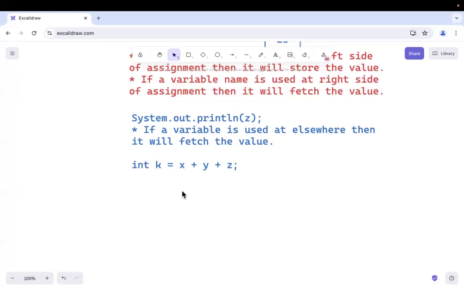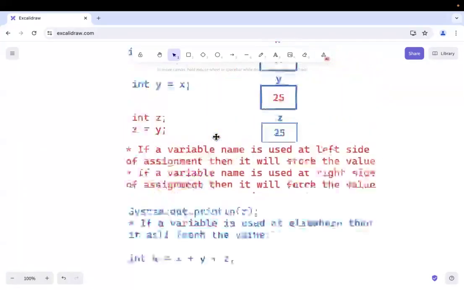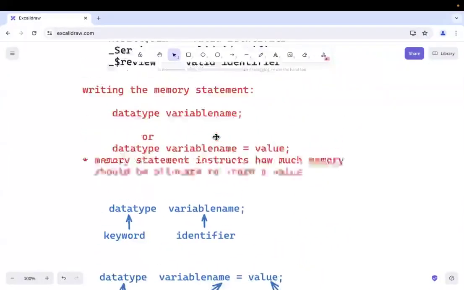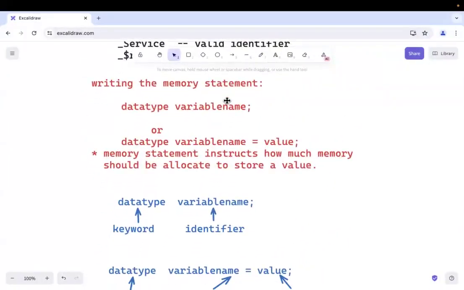So far, folks, is it understandable to all of you? So how do you write a memory statement in Java? By using data type and variable name. Data type is a keyword. Variable name is an identifier. What will this memory statement do? It will instruct how much memory should be allocated to store the